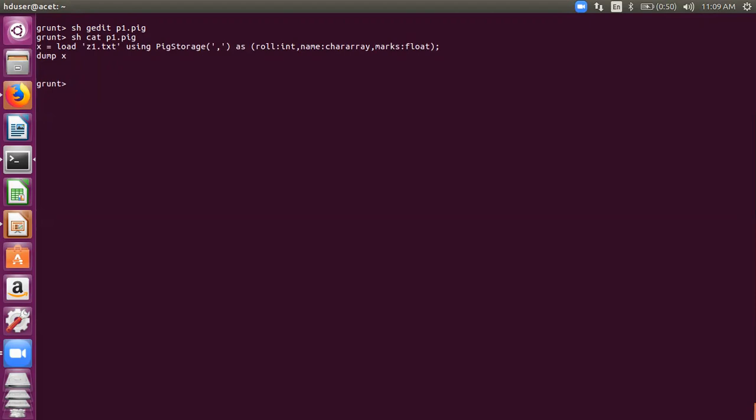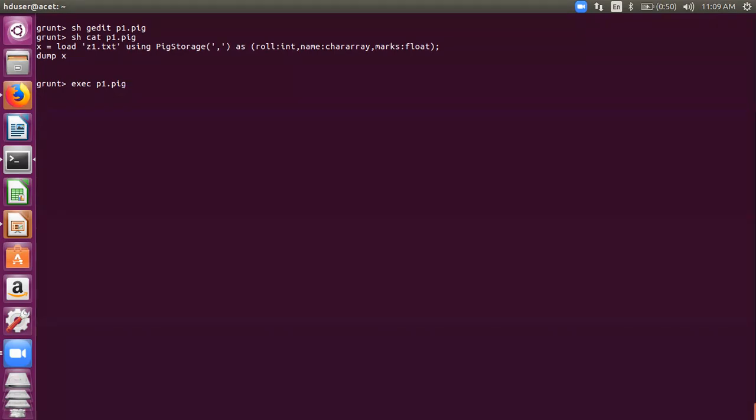If I want to execute this script file, I can use the exec command in the grunt shell. First thing that we learn: the exec command in the grunt shell, followed by just the name of the file. Once I write exec p1.pig, whatever commands are written in the p1.pig file will be executed in a sequence.